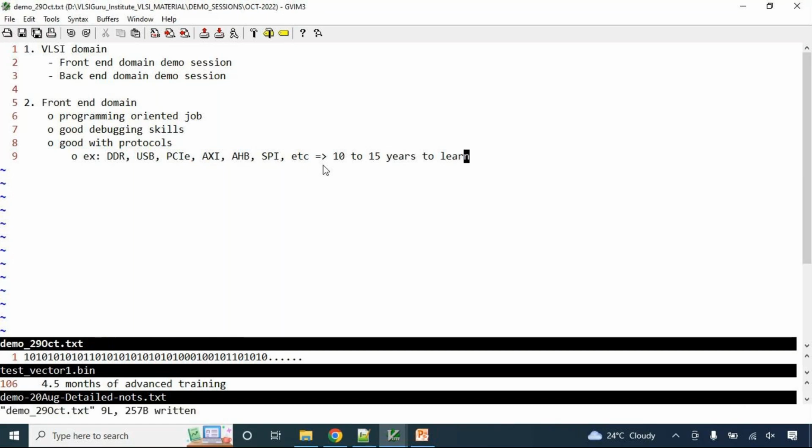No, no, no. You don't need to learn every protocol. Specific to the current requirement, you need to learn. Let's say you get into a project. The project has AXI protocol. You should learn AXI like that. So whatever is exactly required, these protocols are basically,